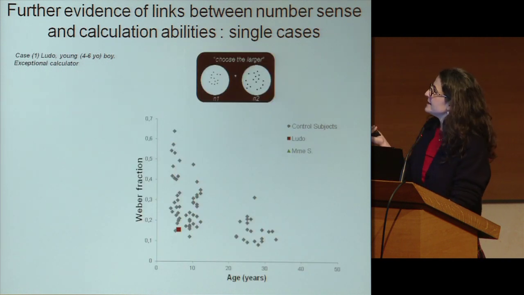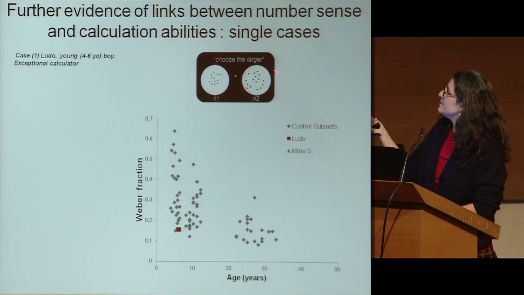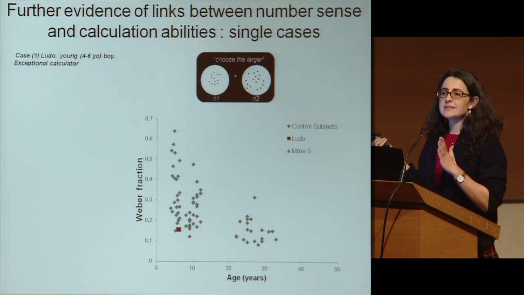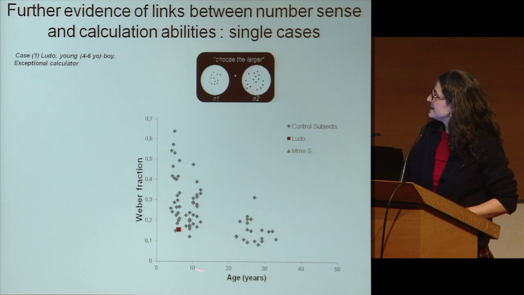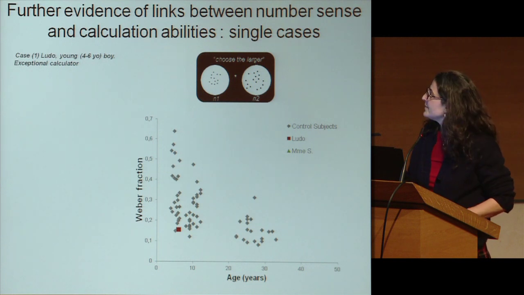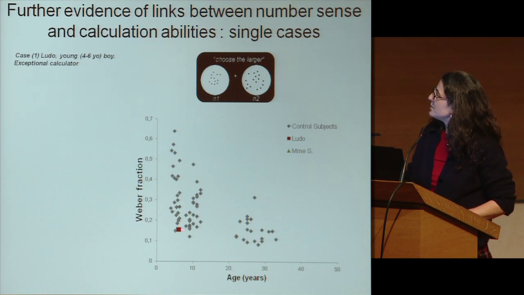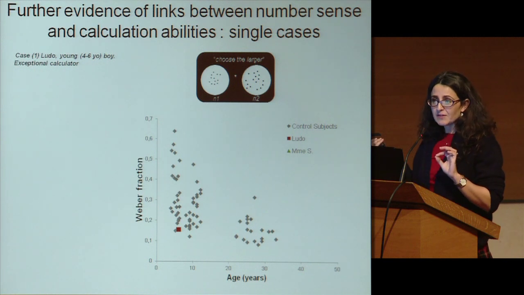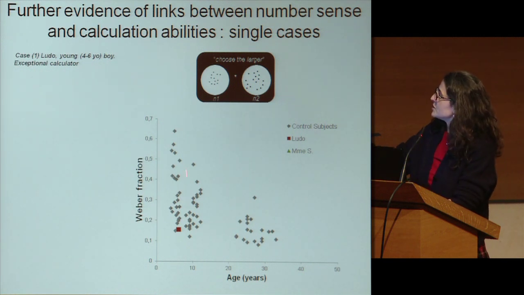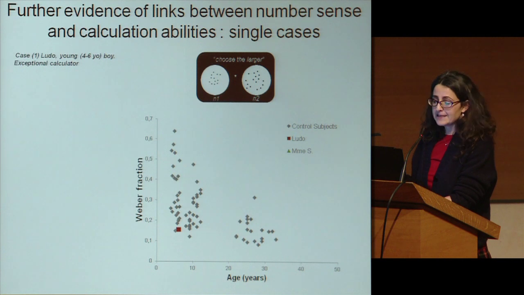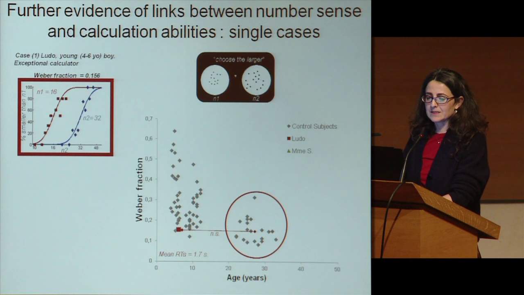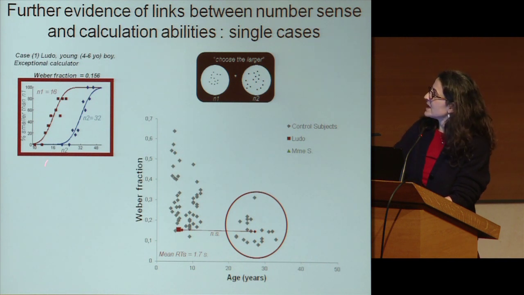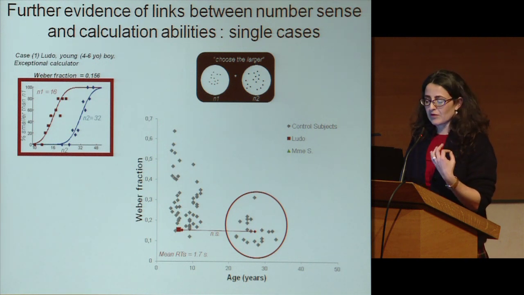We also tested this little boy, Ludovic, with this basic task, using exactly the same stimuli and experimental paradigm that we have used with all our different participants in previous studies. And you can see that the Weber fraction of this boy is very small, and indeed smaller than the average of children that we tested that had his age, and not significantly different from a group of adults that participated in this experiment. For those that are interested, here is the psychometric function of this boy, and it shows that his behavior is really very precise.